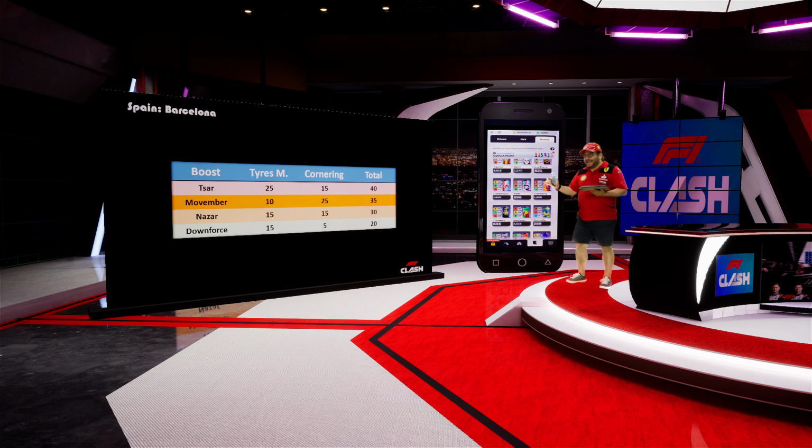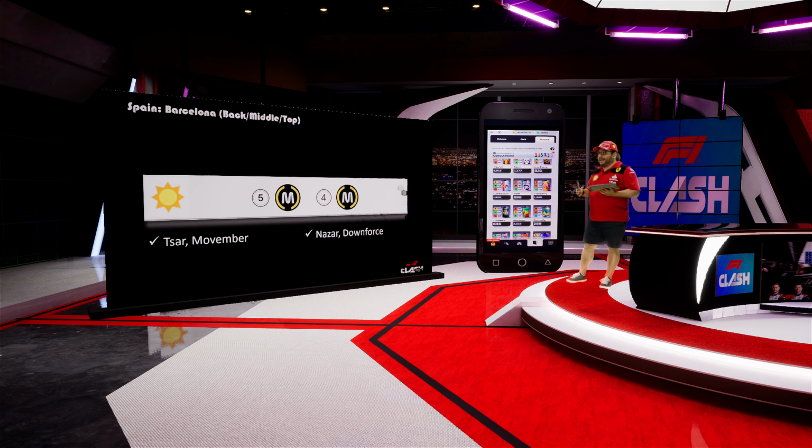Tires management and cornering track, Barcelona. So Charm, Nazar, and Downforce, the best boosts we can use. And if you ask me, the fastest strategy here is a 1 pit strategy, 5-4, medium. That's the fastest strategy you can go. And of course your second driver can go 4-5, but it needs to be the driver with the best tire management. And of course we're using Charm, which has maximum,